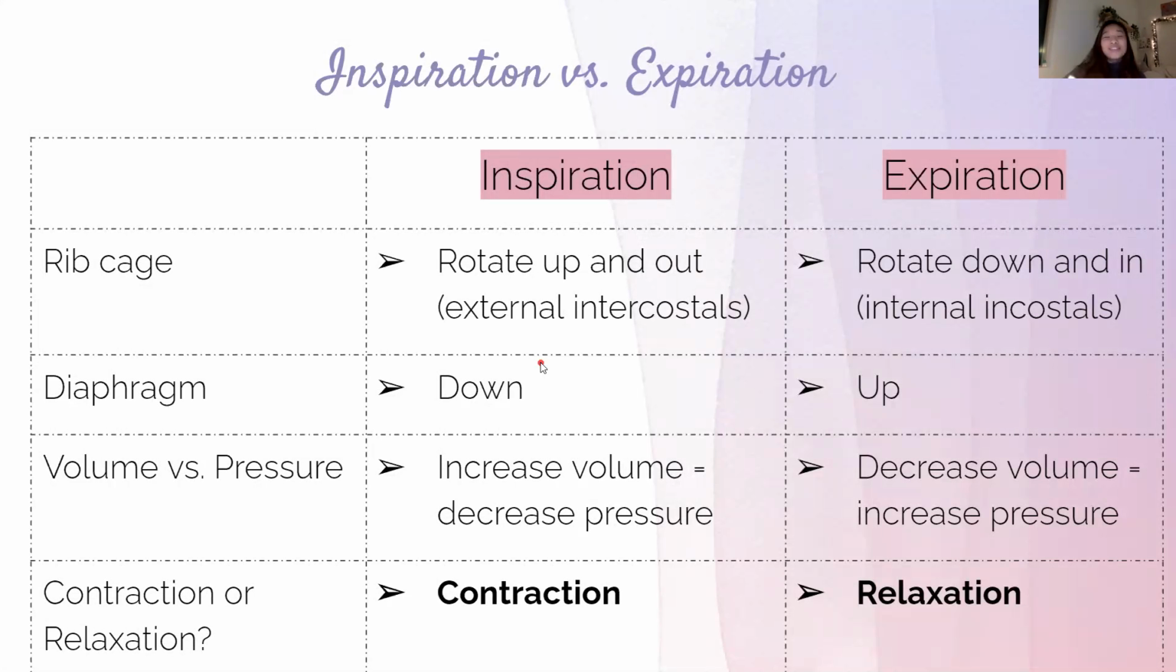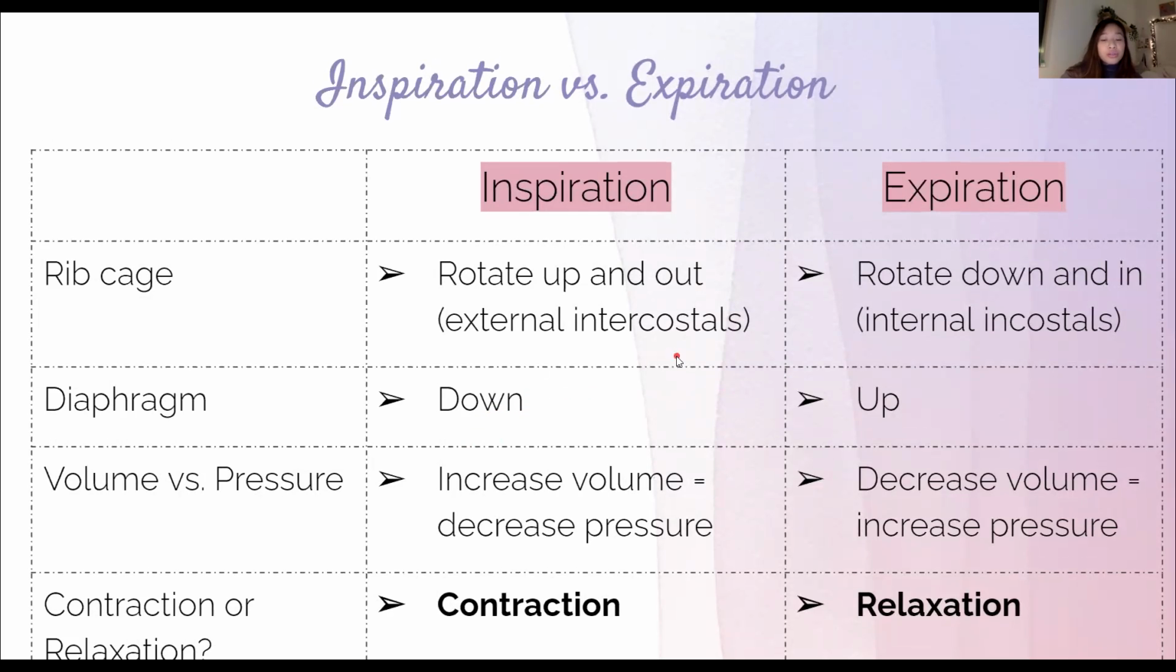Expiration is the process of letting air out of the lungs during the breathing cycle. So during this process, the diaphragm relaxes and the elastic recoil of the tissue decreases the thoracic volume and increases the pressure. So I feel like it's very easy to stress out and get confused, but a great part about